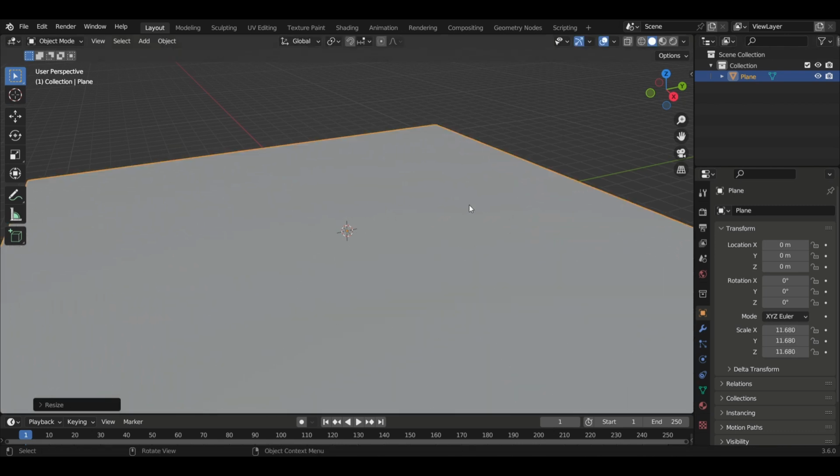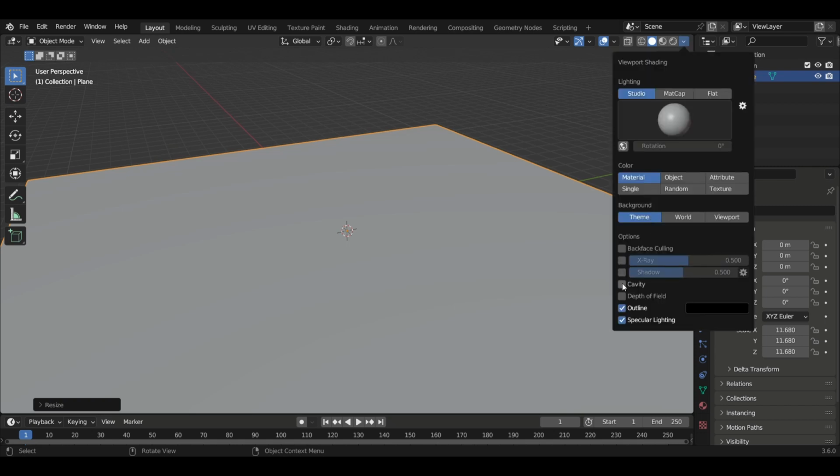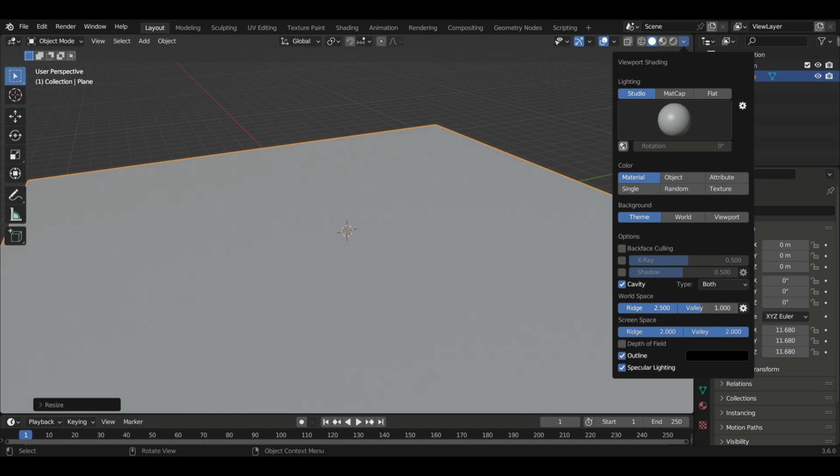Before adding any further element, let's add a basic configuration. Activate the cavity and increase this two value, and then the type is both, and increase this two value again. Okay,